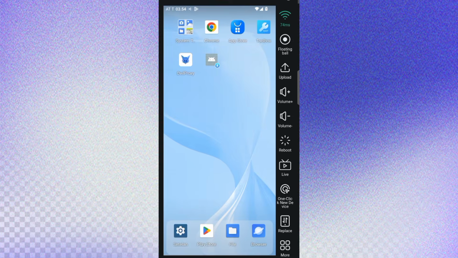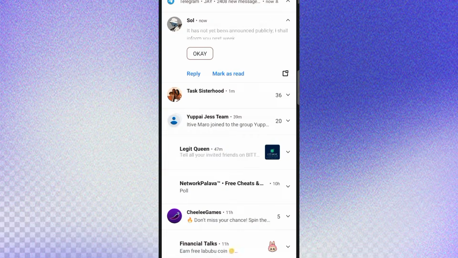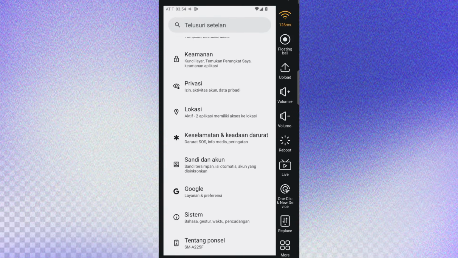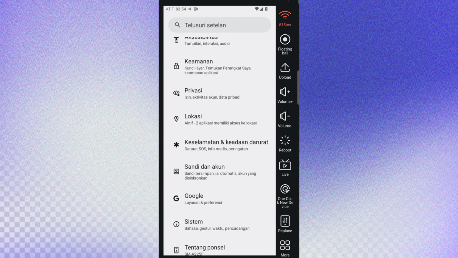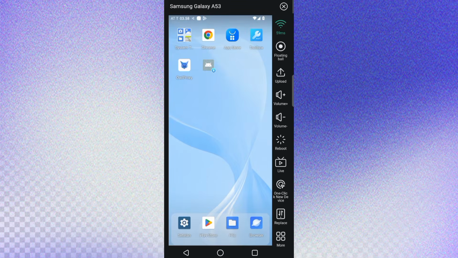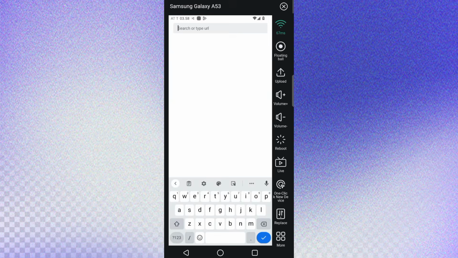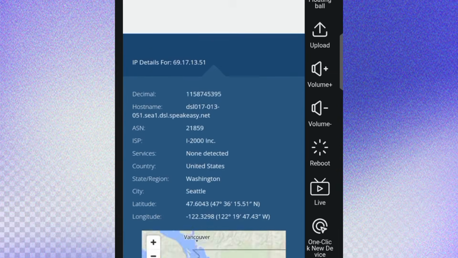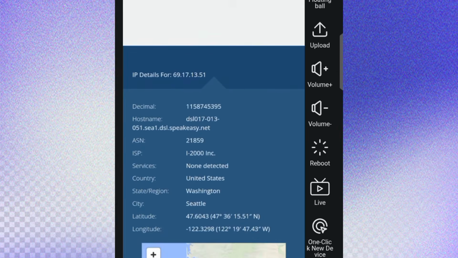It's important that you note that every one of these devices that you rent, the cloud phone, they all come with their unique IP addresses. So let's assume you are in the US now. You can rent a cloud phone with a US IP. Now let me show you something. Let's click on the browser app. Let me quickly check the network details on this phone. So as you can see, this particular cloud phone is operating from the selected region, just like a physical device